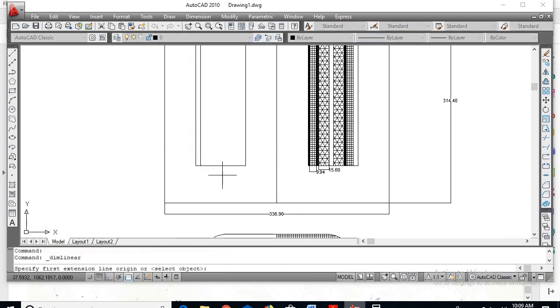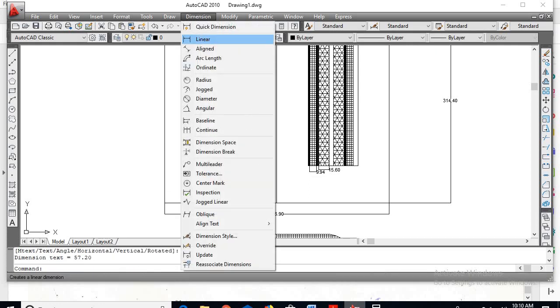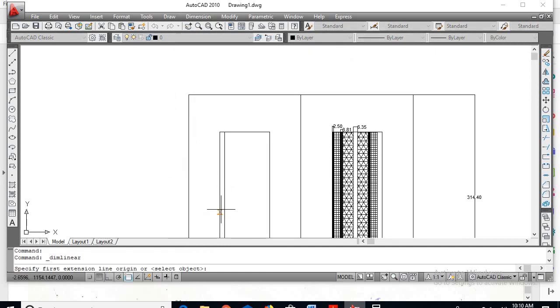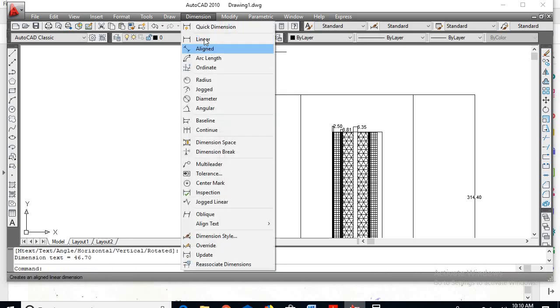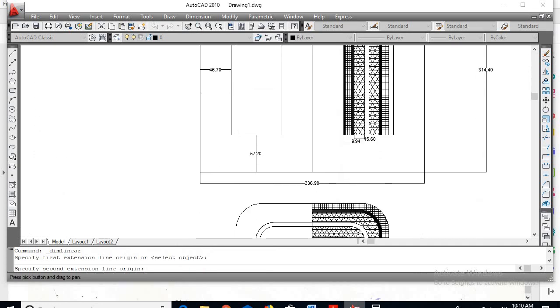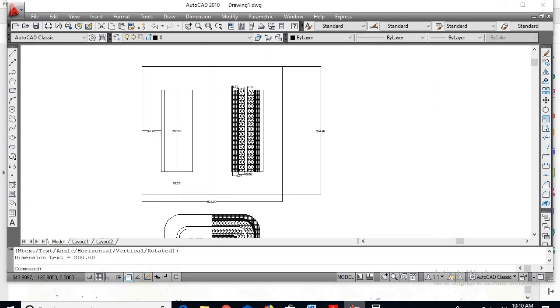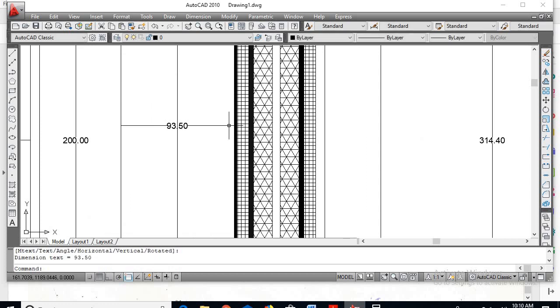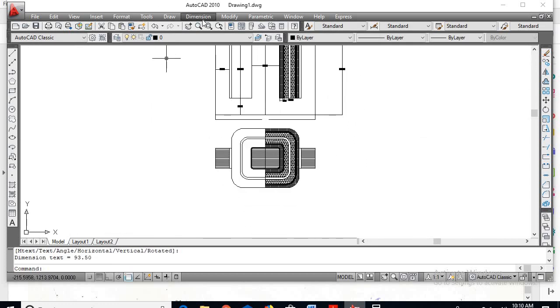Next, linear dimension, height of the yoke 57.2, outer leg dimension, it is 46.7, height of the window is 200, central leg dimension, it is 93.5, and here depth of the yoke, it is 70.